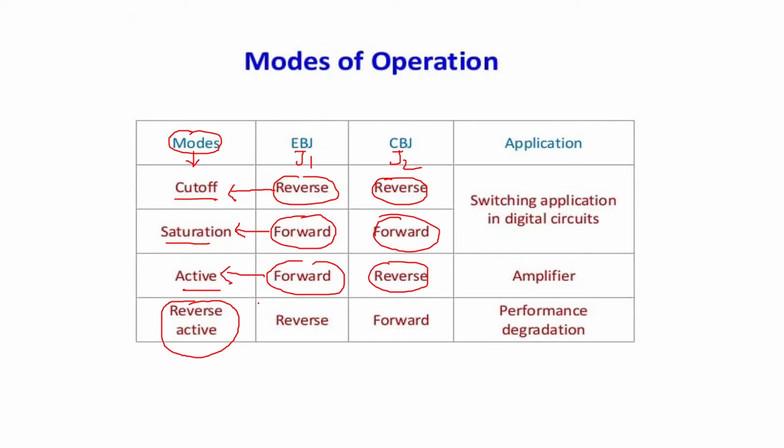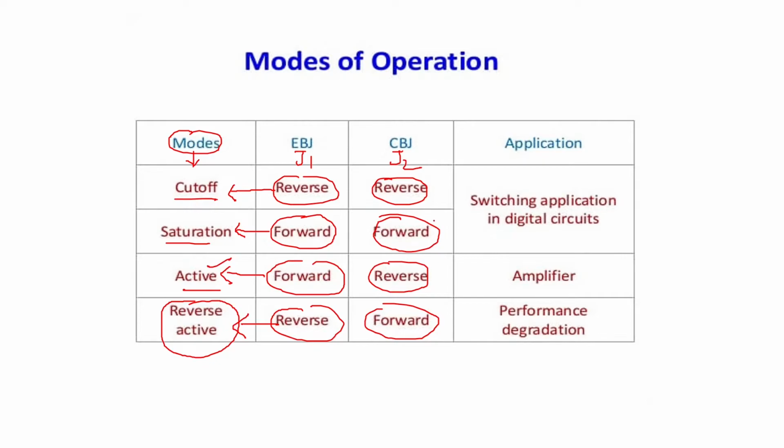When the first junction is forward biased and the second junction is reverse biased, it is in active mode, which is used faithfully for amplification. The same amplification can also be obtained by reversing the position, but this is not practically used. When the first junction is reverse biased and the second junction is forward biased, this will give you a little amplification factor, but this is invalid. This is not used in any application, and it is called reverse active. So we always use active.